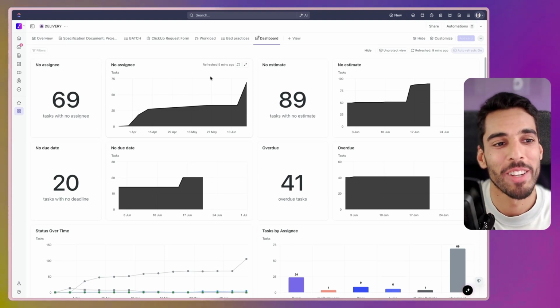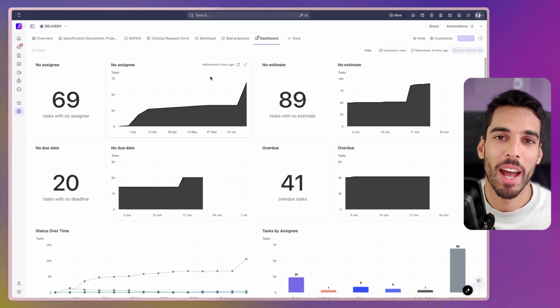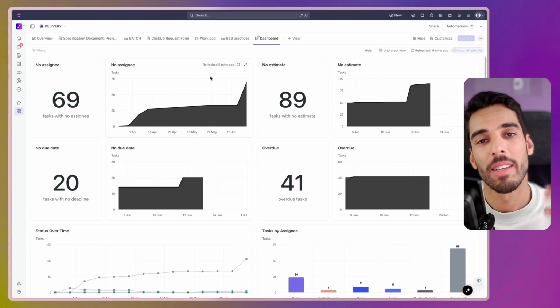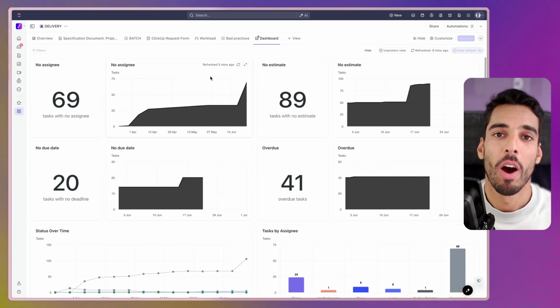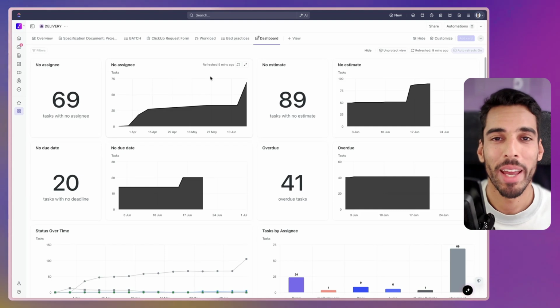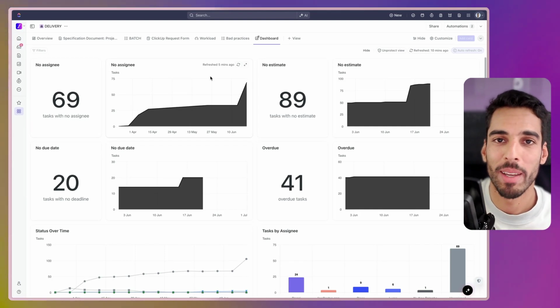And make sure that you have assignees, that you have estimates, that you have due dates on your tasks, because this is really the starting point of using the software in a powerful way, being able to do some roadmapping, some dependencies rescheduling, some capacity planning. You're really going to be able to make this a very powerful project management software, but this is essential to start. You need to create the proper habits, and this is one of the best ways to monitor those as a manager or as a founder.